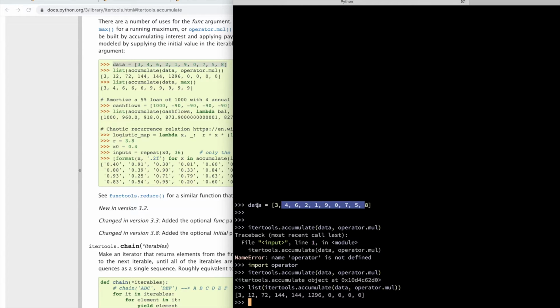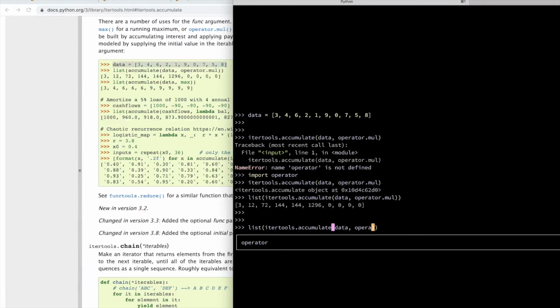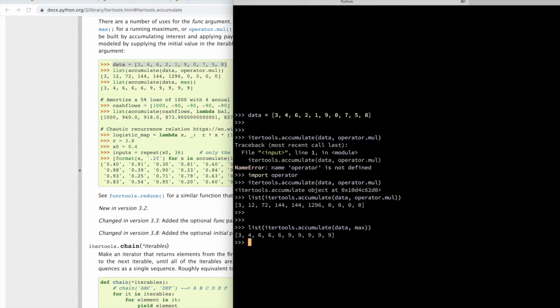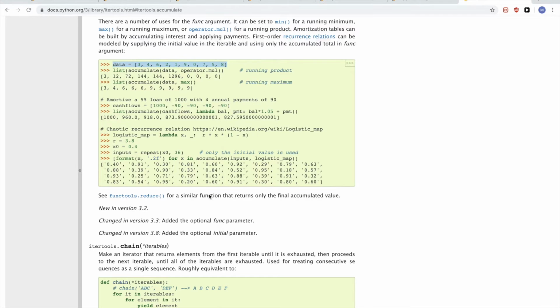So it gives you the running product essentially. You could do something similar with max. It gives you the running max. Yep. Okay. Now, what we did here,